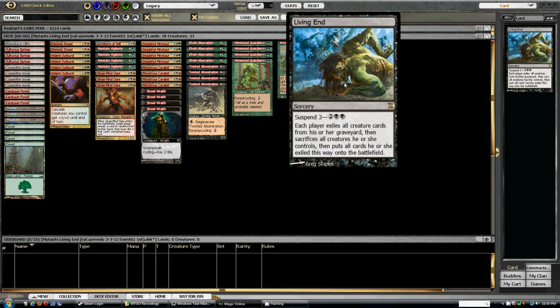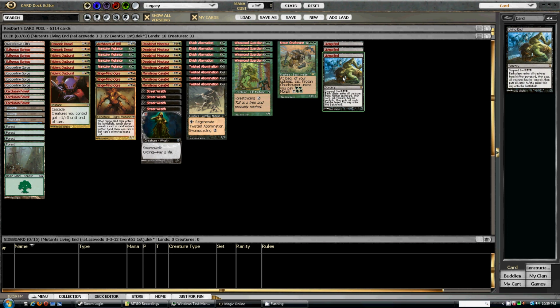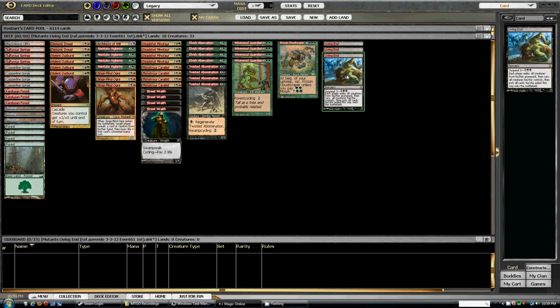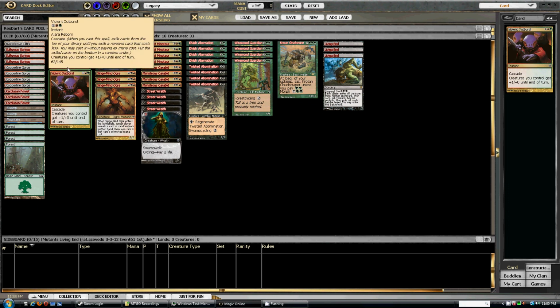Living End is basically a Living Death, which was an old 5-mana sorcery that basically put everything that was in the graveyard into play and everything that was in play into the graveyard. Living End is the Time Spiral update of that, which you cannot actually hardcast. You have to suspend it, which would make it worse, except for the fact that the interaction between the suspend cards and Cascade, just as in the Hypergenesis decks,